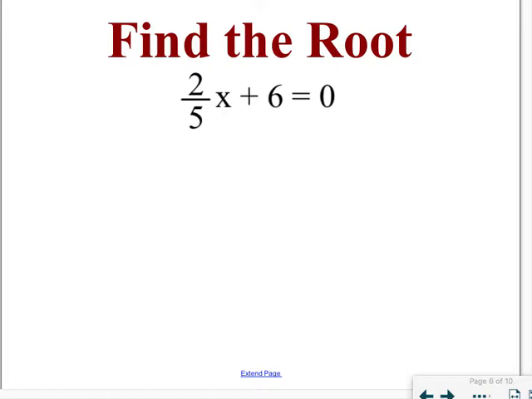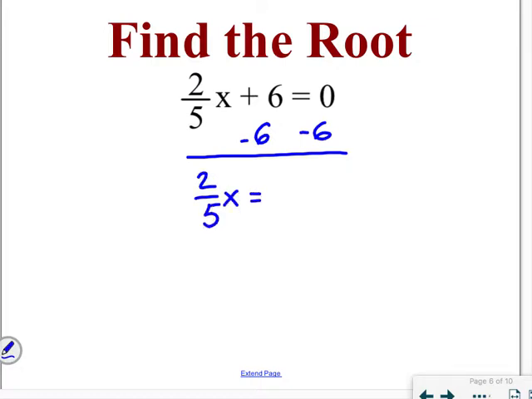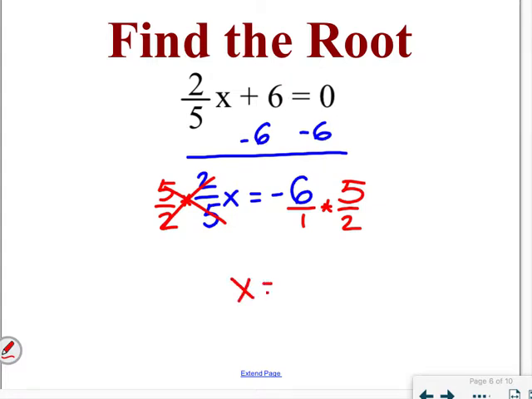Our next option is to solve algebraically, which is just another way of saying solve the equation. So we're going to follow our SAD meet steps. First, we're going to take away 6 to get rid of that addition, so I end up with 2/5 x is equal to -6. If you remember, to get rid of a fraction, we multiply by the reciprocal of that fraction, so we are multiplying by 5/2. Those cancel out, and we end up with